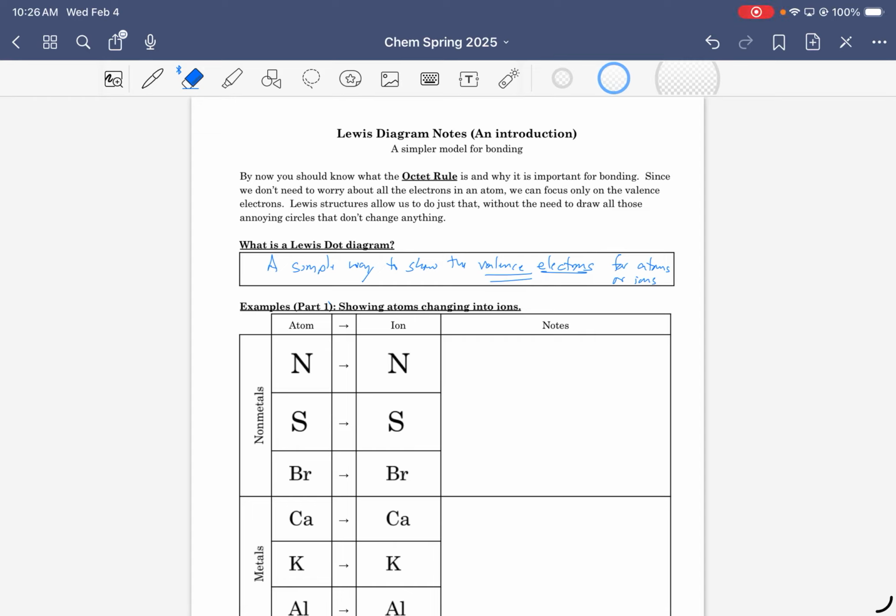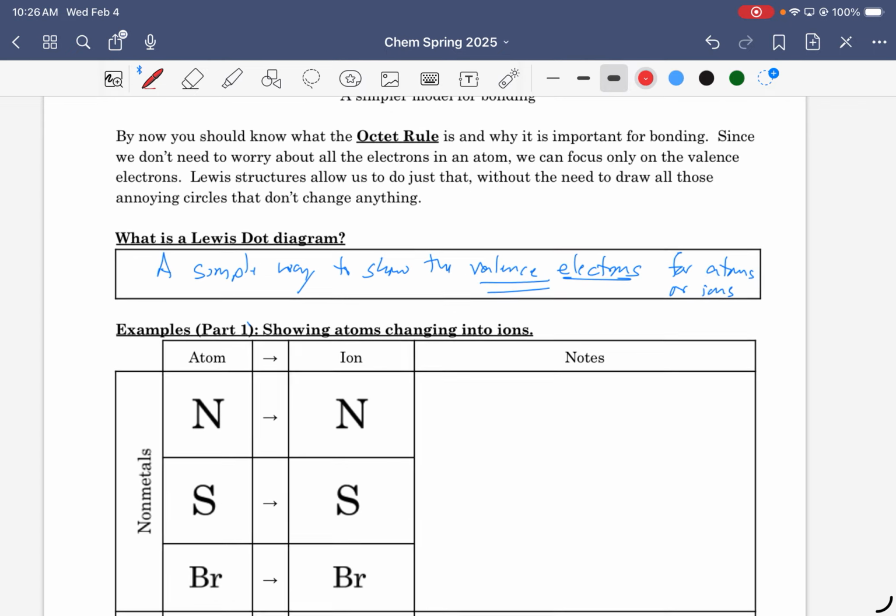Hi, so this is a quick video for students who missed the Lewis diagrams notes. This is just a very, very quick video to help you either learn or remember how to write a Lewis structure. So the first thing to remember is that